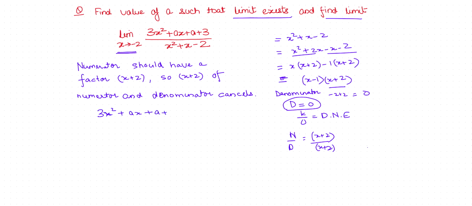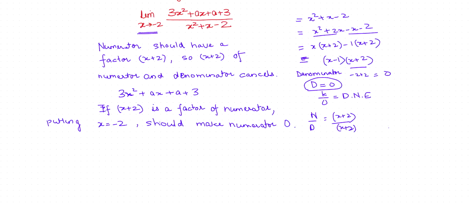If x plus 2 is a factor of the numerator, putting x equal to minus 2 should make the numerator 0. So let's put x equal to negative 2 here, which will give